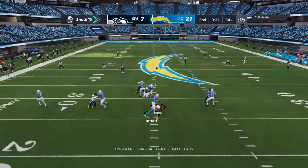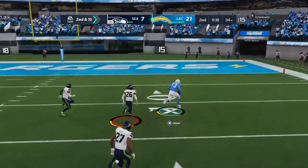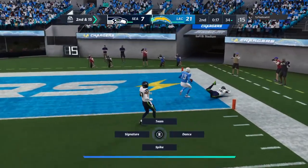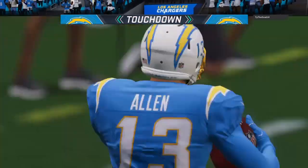Here's Herbert now on 2nd down. Going deep here. And this will be caught at the 30. Touchdown, LA! Keenan Allen has the...